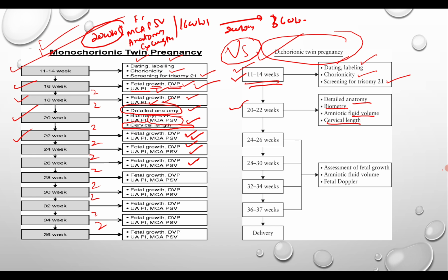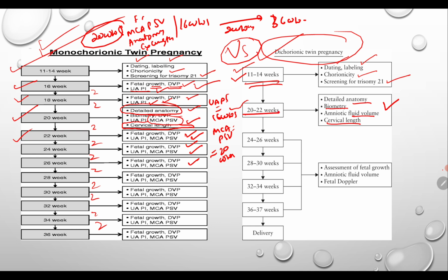fetal abnormality, because in monochorionic pregnancy you have to do routine Doppler, started with umbilical artery PI from 16 weeks, and MCA PSV. Remember, umbilical artery PI has to be done from 16 weeks onwards, and MCA PSV has to be done every 2 weekly from 20 weeks onward. Very important in monochorionic, but in dichorionic there is no need to do the Doppler findings in